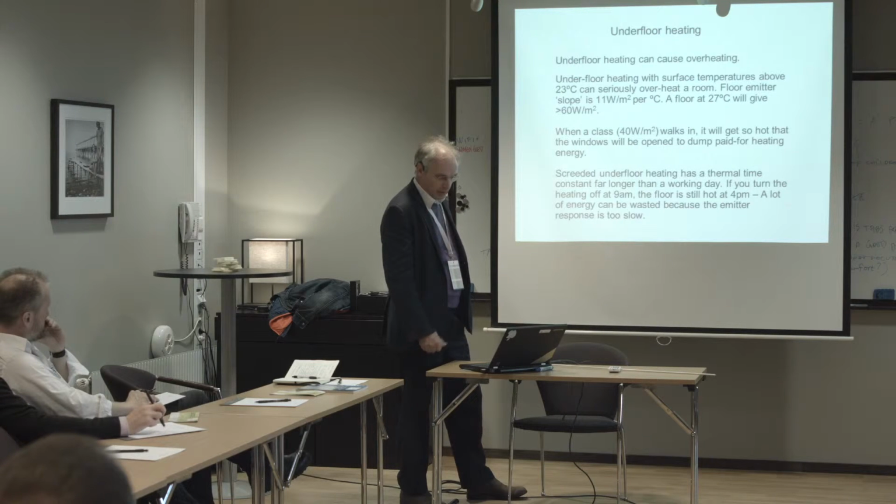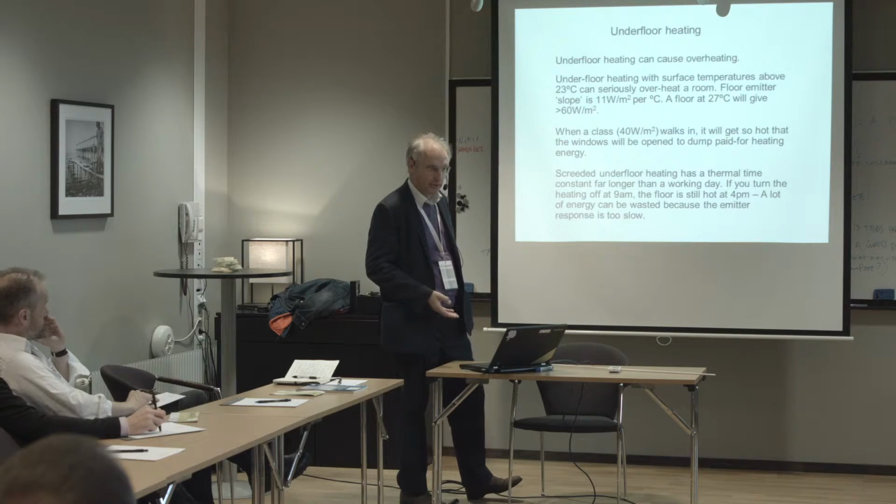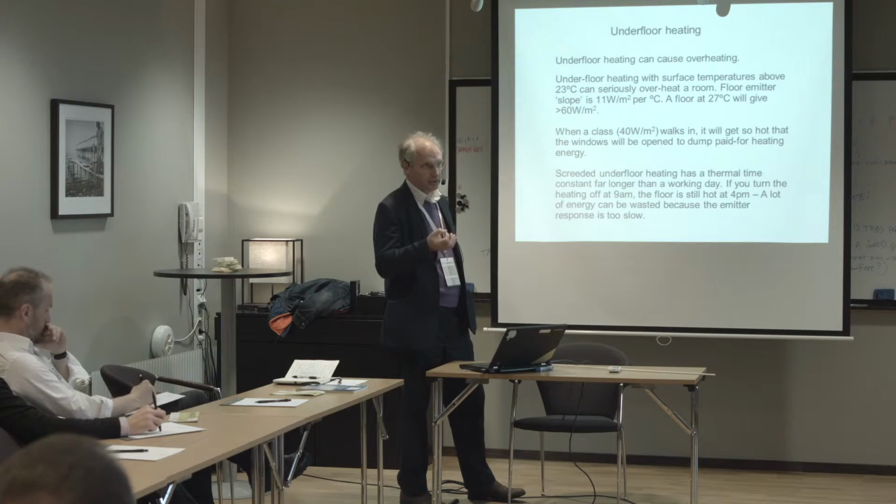When the class walks in, you get another 40 watts per square metre, and it soon takes the temperature up into the uncomfortable region. And because the thermal response time of the slab is very slow, you really need to keep the temperature down below 26, and I'd recommend 23, so that it's a self-adjusting thermal mass system. So you've got 21, 20 degrees as the comfort temperature, 23 in the floor will just keep the room nicely